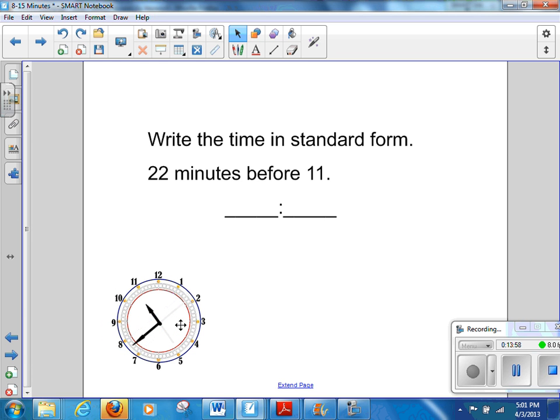And so there would be the time 11, or 10. I'm looking at the hour of 10 because it's not 11 o'clock yet. It's before 11, so it must be the hour of 10. So the time is 10, and the number of minutes after 10, let's see, we're going this direction now, 5,